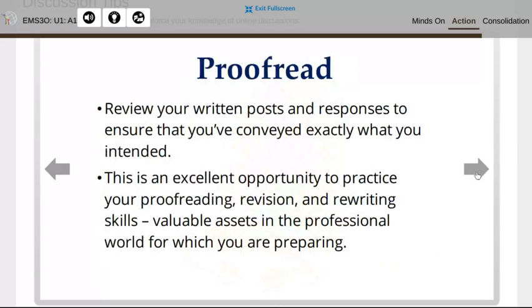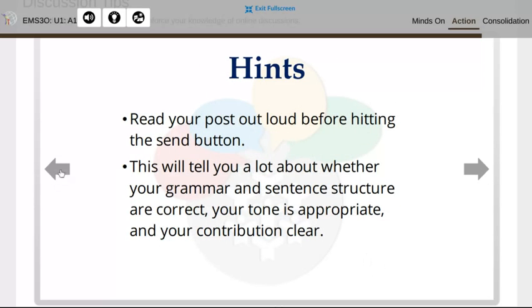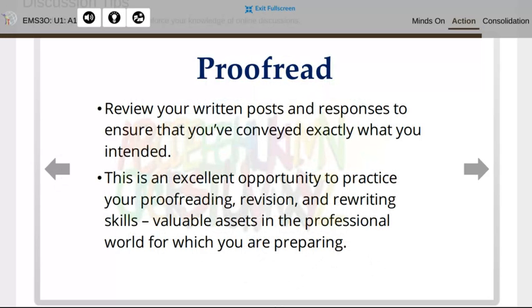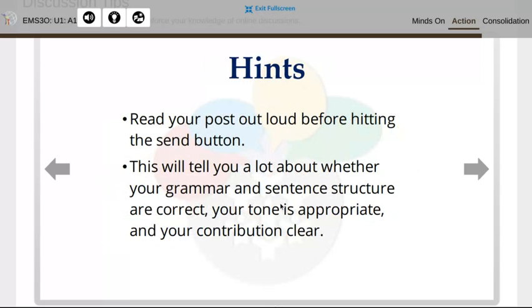And also remember, I can't remember if this one does it. Oh yeah, proofread your work, right? Make sure that it actually says what you think that it says. I'm trying to think how well the spell check works in the discussion area, and I'm forgetting just offhand. What I do when I do online discussions is create them in my own personal Google Doc because it'll pick up the underlined squiggles and that sort of thing, and then I will post it over. So it's up to you if you want to do that. That's another thing that you can do.